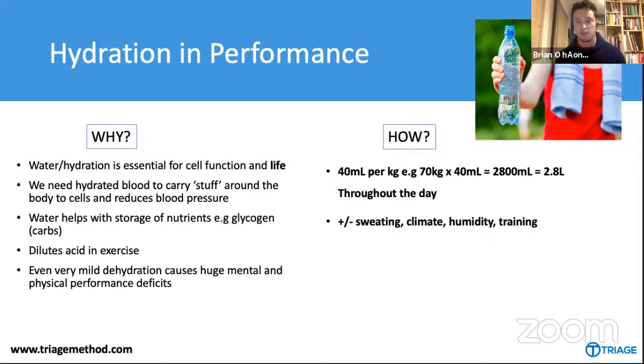Okay, so this is a good place to start. You're going to have to adjust up and down depending on how much training you're doing and how much you sweat in training. The climate and humidity have a big impact on sweat loss. You may have to adjust the fluid intake based on these factors, but the 40 ml per kilogram rule is a really good place to start. So you can use that straight away, assess your own fluid intake and see how it matches up, yeah?